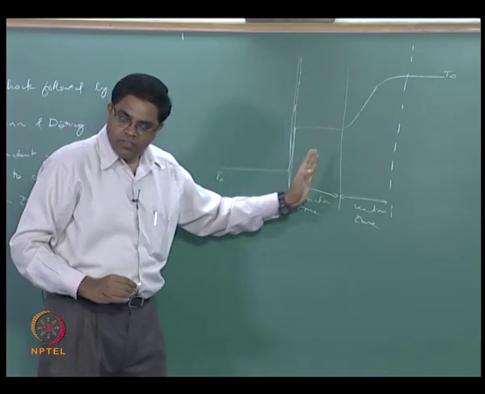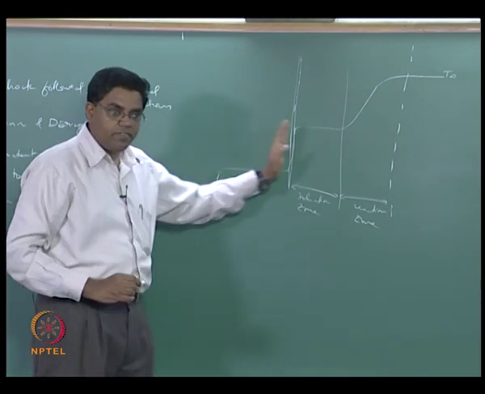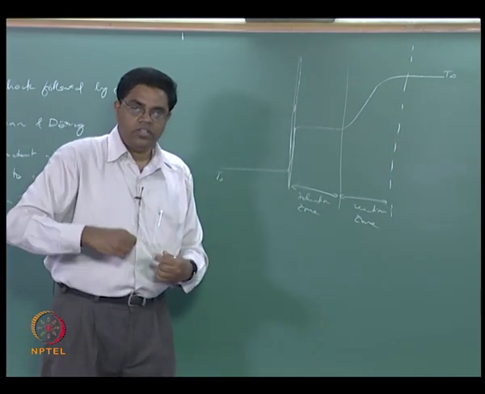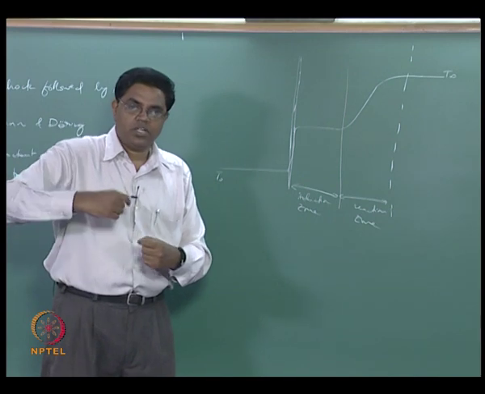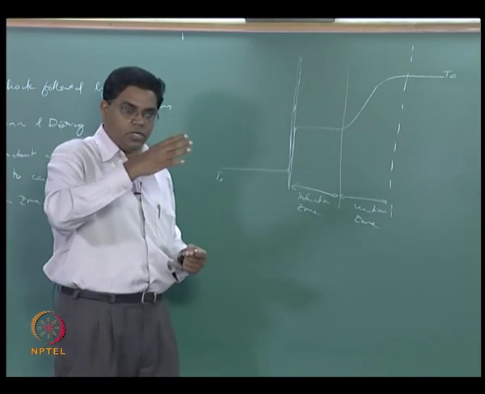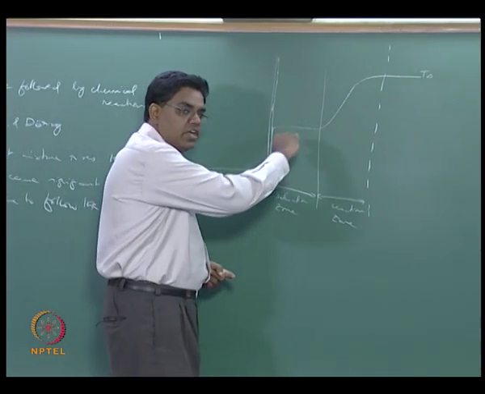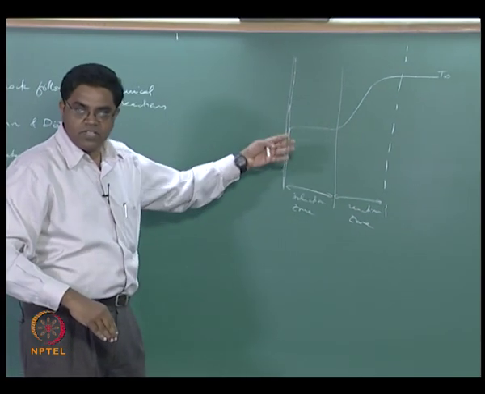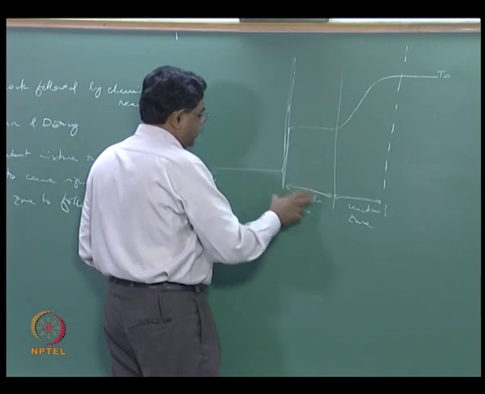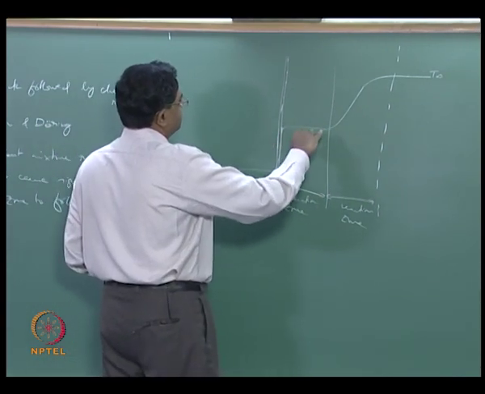Keep in mind this is not a very long period, because the entire flow is happening very fast, right? So you have a short induction period when the reactants begin to sense the temperature and then cause reactions that will cause a further increase in temperature. This is the time when the reaction rates are just barely beginning to build up because you have the exponential dependence on temperature, right? And then it shoots up. So you have this induction zone where you have a more or less constant temperature, and then you have